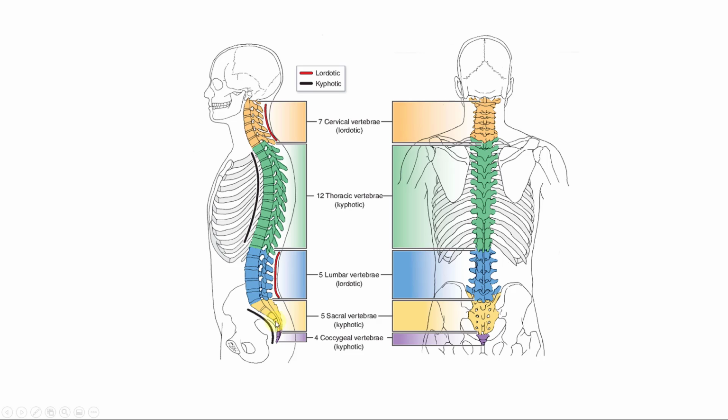Then you have 5 sacral vertebrae that are fused after birth into one. And then you have 4 to 5 coccygeal, your tailbone, that are also fused. So 1 coccygeal, 1 sacrum, 5 lumbar spine, 12 thoracic. And then we can't forget the ribs that are the extension of that thoracic spine. And so we have 1, 2, 3 primary curves that develop as we mature, and that's not how we start,